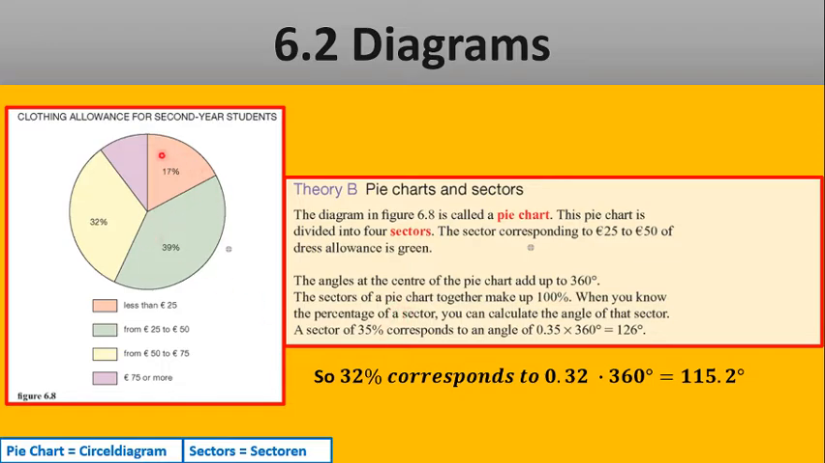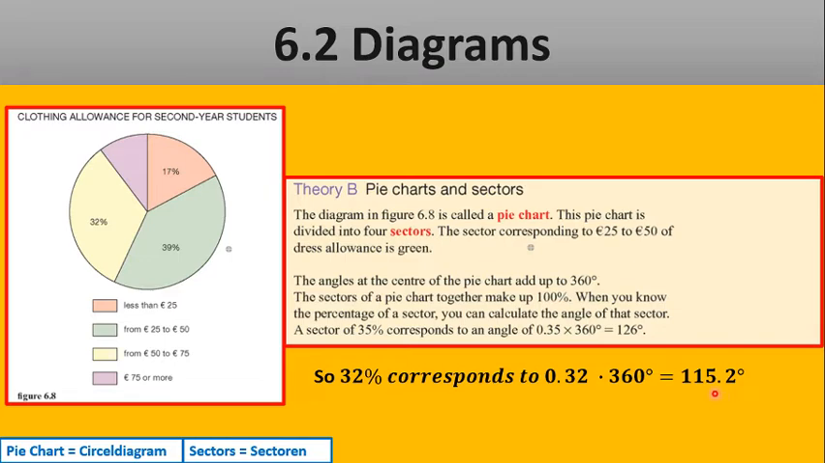Also remember that in a circle, all the angles add up to 360 degrees. So what they want you to do sometimes is calculate how many degrees each percentage corresponds to, the 17%, 39%, 32%, and the 12%. And together they form 360 degrees. So they give you an example there of 35%, and I give you another one of 32%. 32%, remember, the multiplication factor is 0.32. So 0.32 of 360 degrees leaves us with